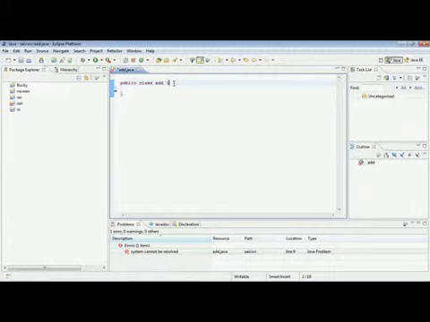The first line of the upcoming lines of the Java program should be a main line, like in C language. So the main line will be given as public static void main. Public static void main, here I have given.